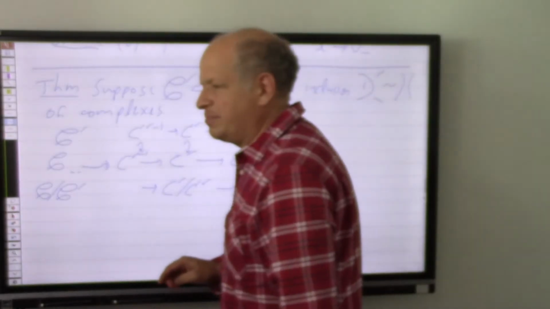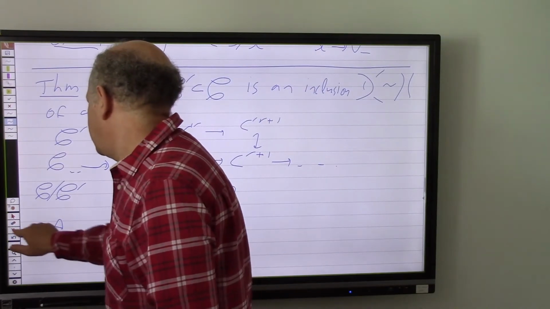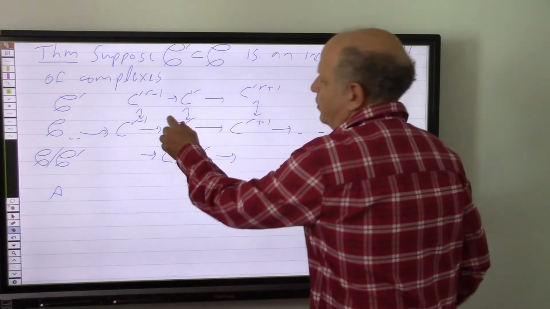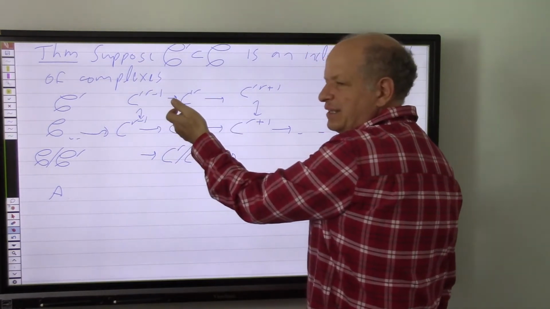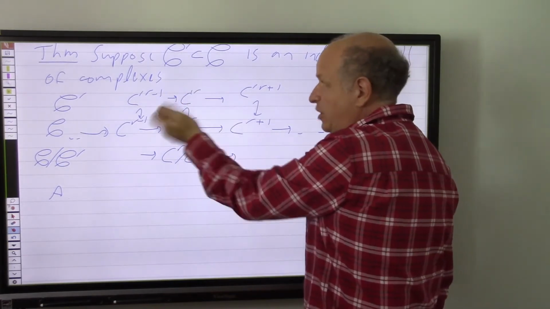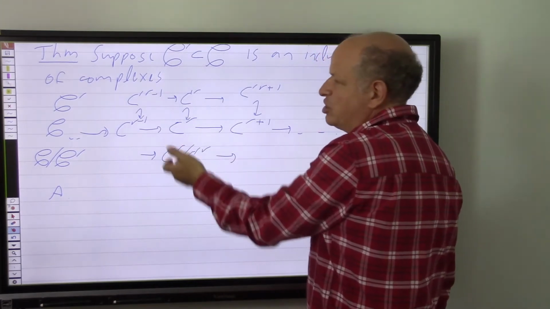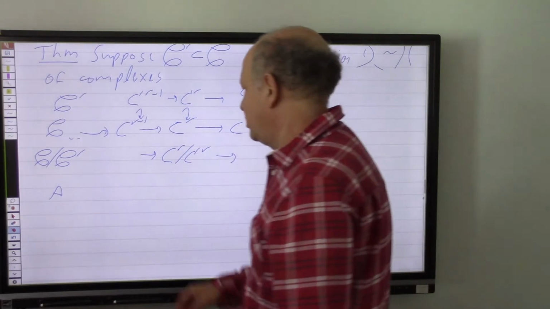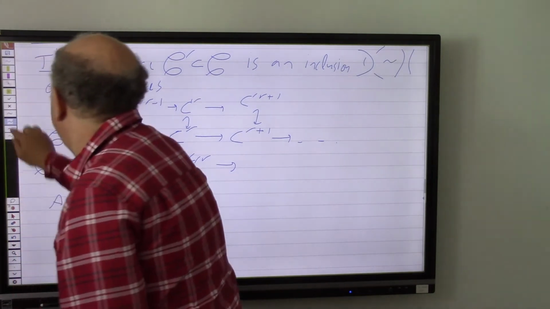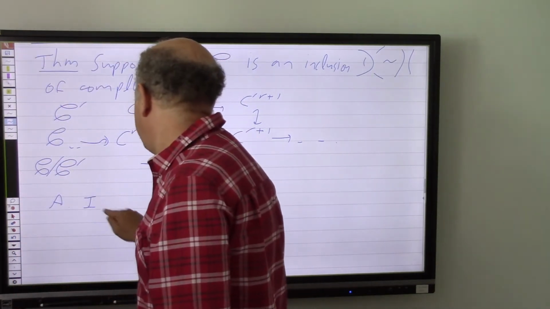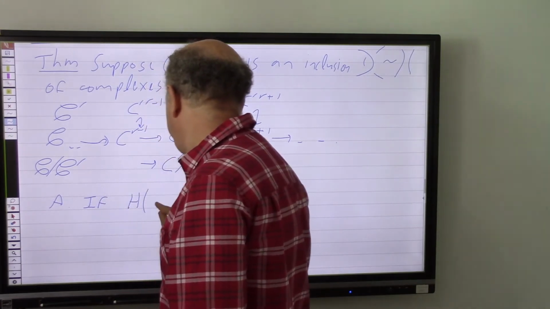And then the theorem says the following. Well, it has two parts. Part A, if the smaller complex has no homology, then the quotient has the same homology as the original complex. So if